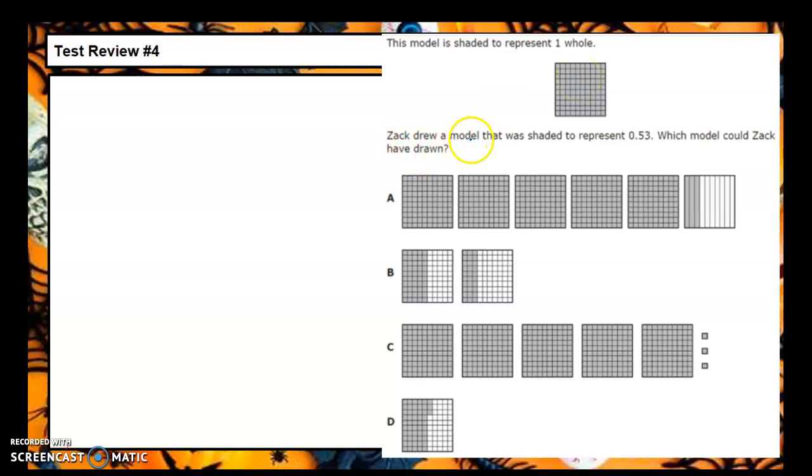So Zach drew a model that was shaded to represent 0 and 53 hundredths. This number is not equal to 1, so I shouldn't have any of these completely colored in, or it's wrong. Which model could Zach have drawn? So we're looking for one that has only 53, and you can write this as a fraction if it helps. 53 out of,